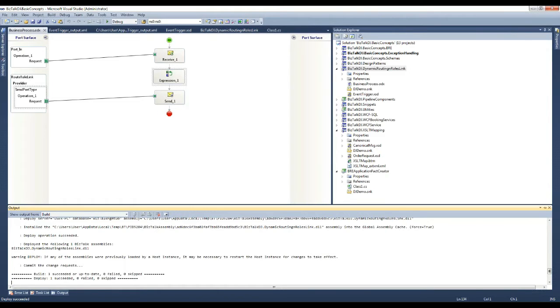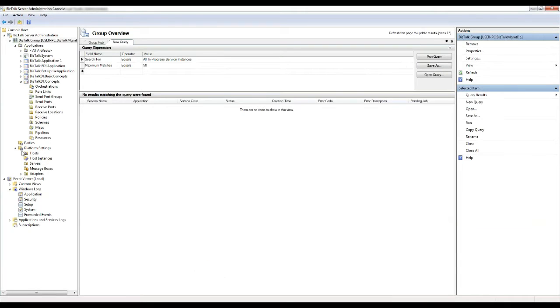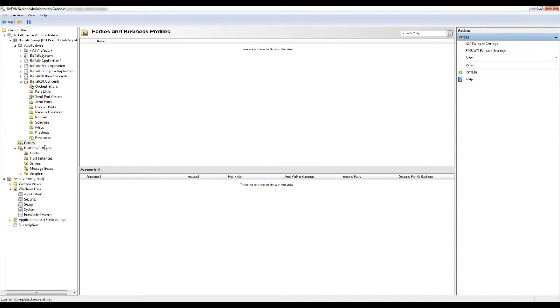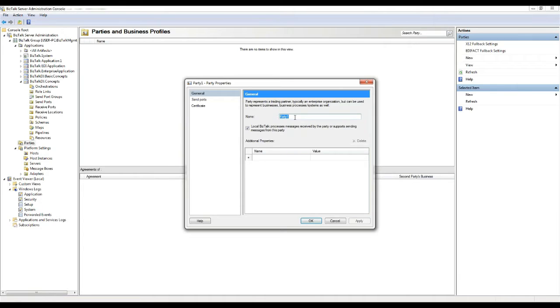Let me go to the admin console, and here you can see on the admin console we have parties. Let us create a new party, and I would name the party name as A party.